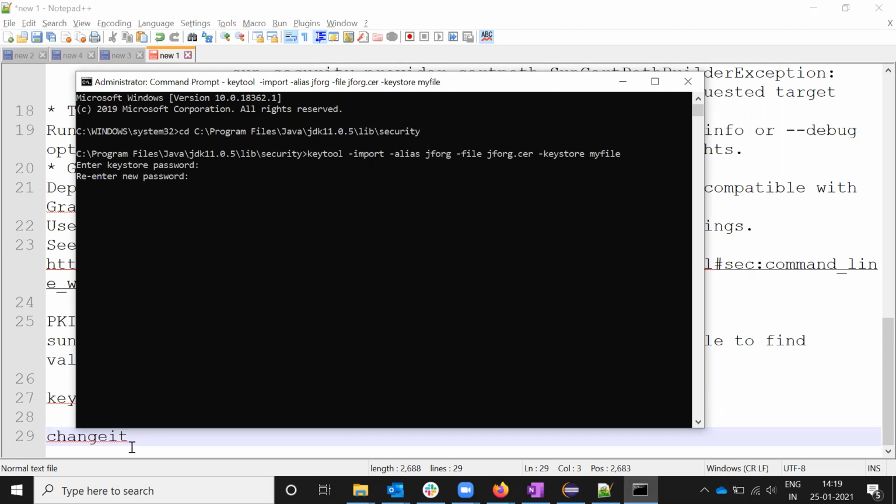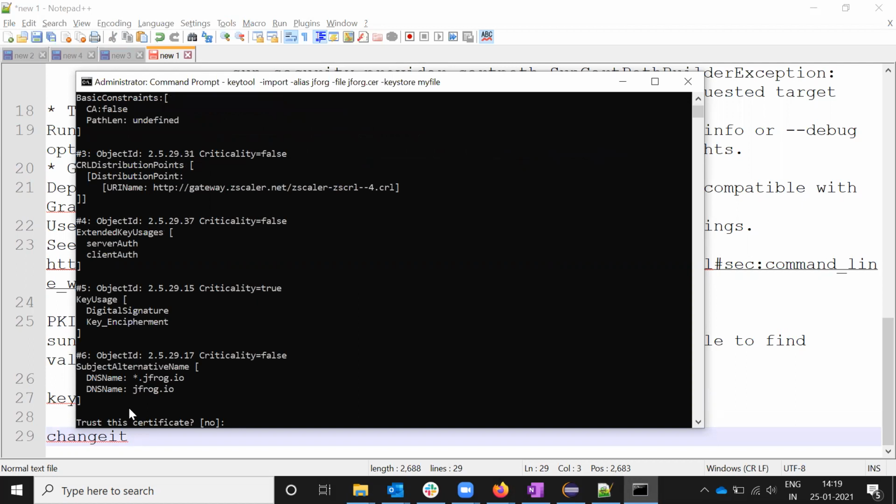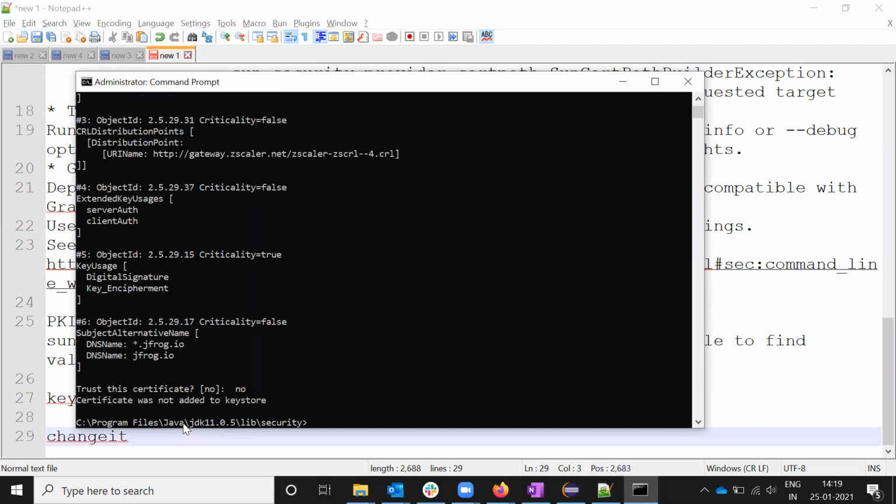Once you enter, it will ask whether you want to add the trusted certificate or not. Because I already added it, I am going to say no. If you are doing it for the first time, you have to say yes and press enter. Then it will give the message that the certificate was added successfully.